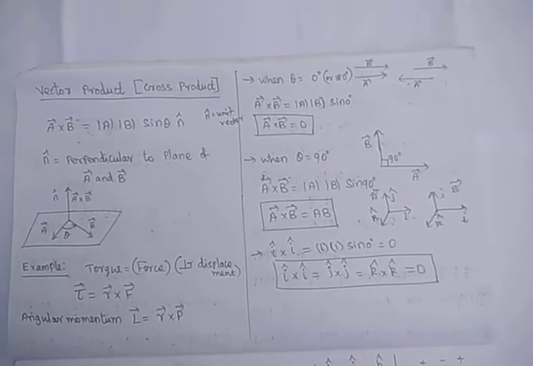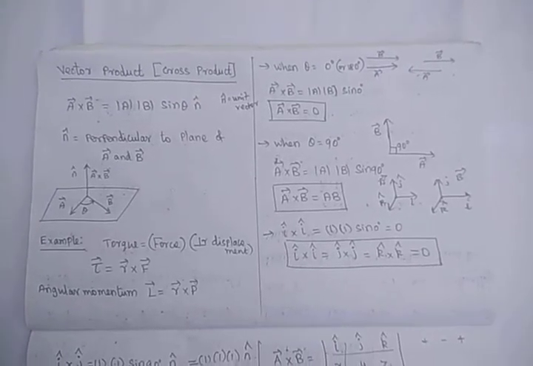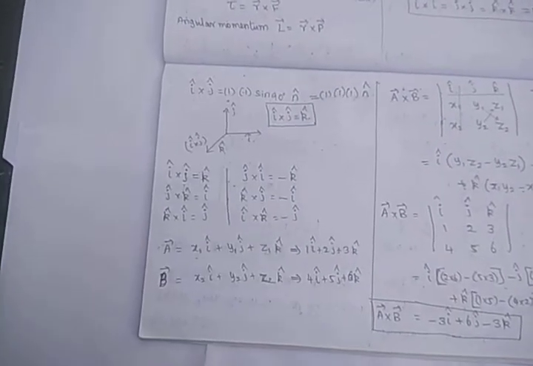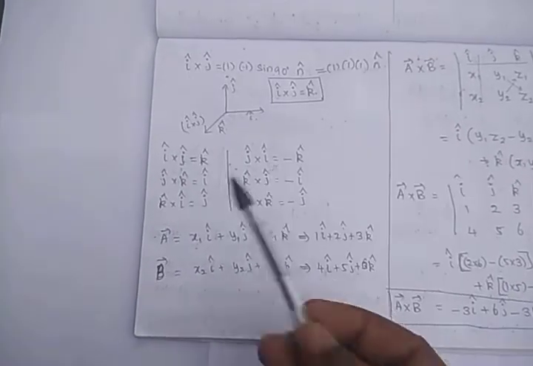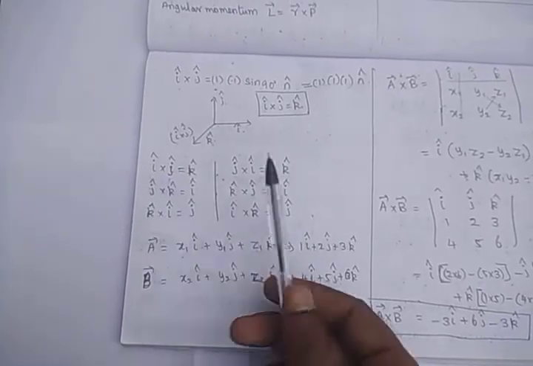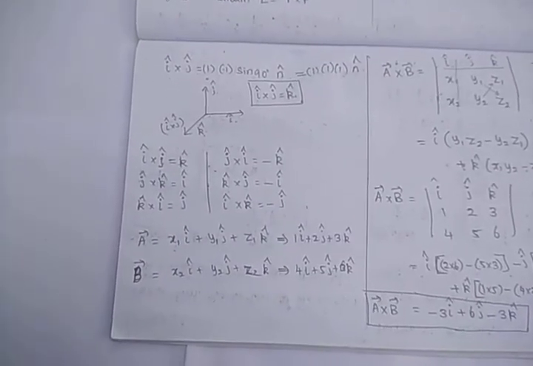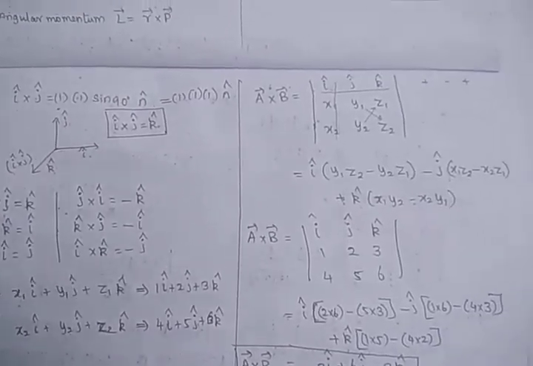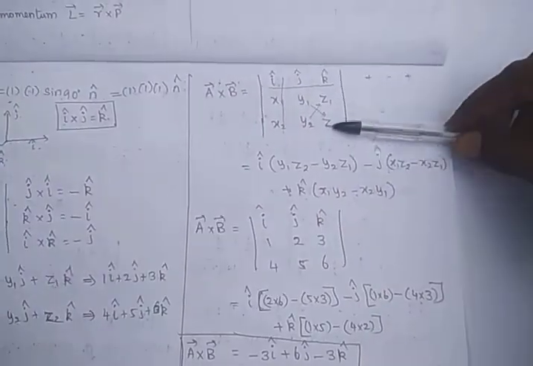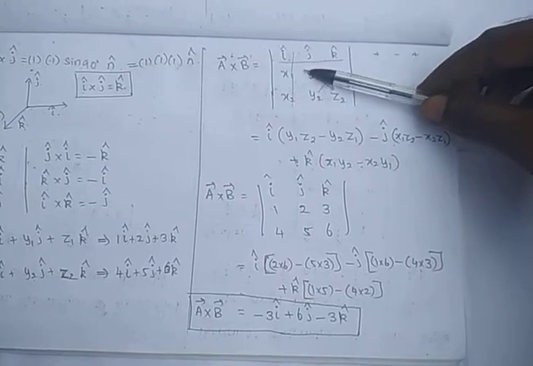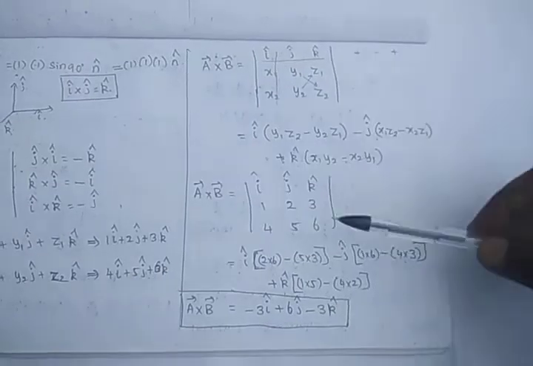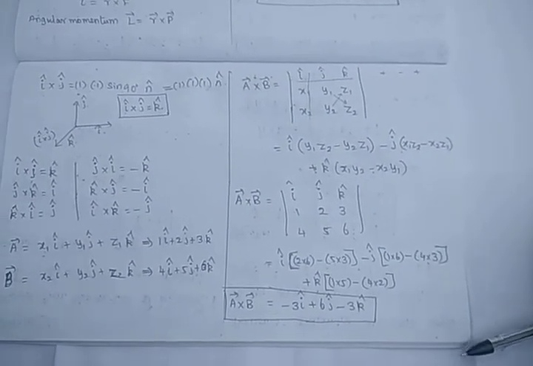This is the second page. a vector cross b vector means a b sin theta. Then we saw what happens to i vector cross j vector, j vector cross k vector and k vector cross i vector. It is a cross product, which means we get a third vector as the answer. Then we clearly saw how we find a vector cross b vector by using determinants. This is a matrix multiplication. Very simple, students. Multiplying these two and multiplying these two, subtract. That is y1 z2 minus y2 z1. Yes, thank you.